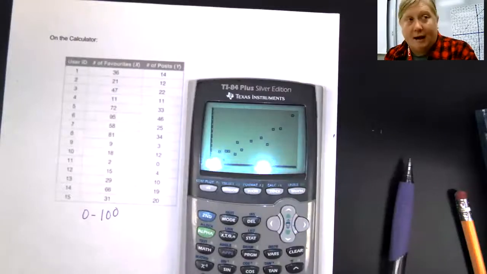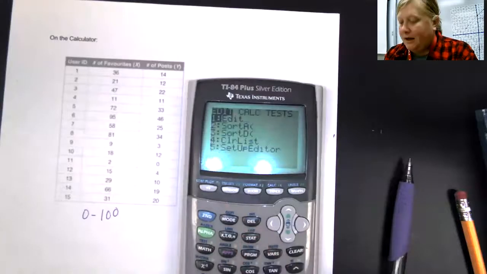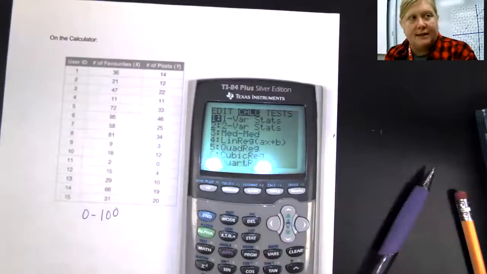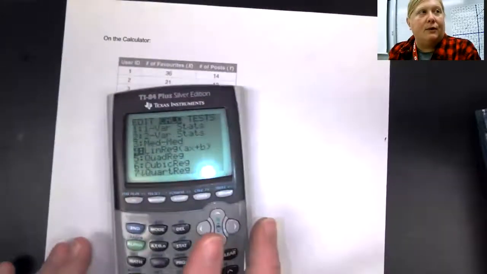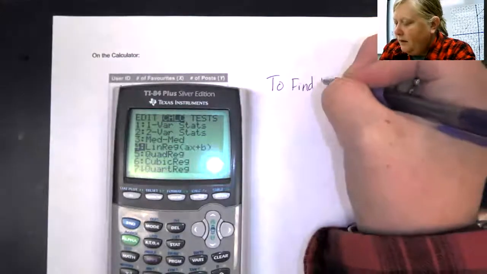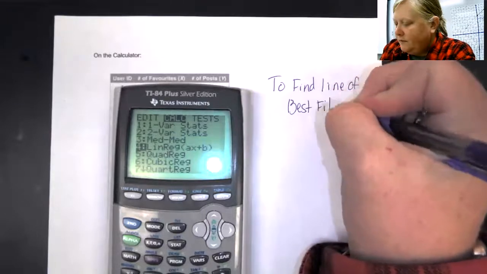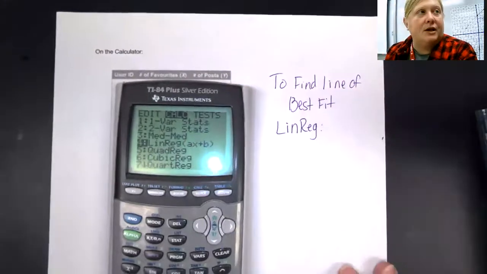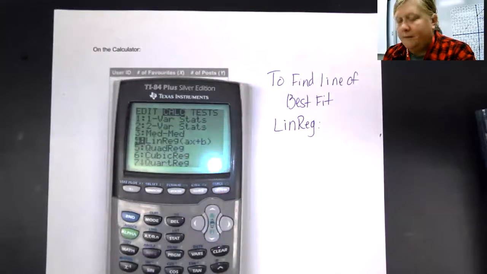Okay. Now, I want to go to stat again. So hit stat. See where it says calc? Go over to calc. So you get a whole bunch of choices. We want to do number 4. Number 4 is linear regression, okay? So to find the line of best fit, we want to go to LinReg, which is linear regression. That's like telling the calculator, hey, go and calculate this for me. So hit enter